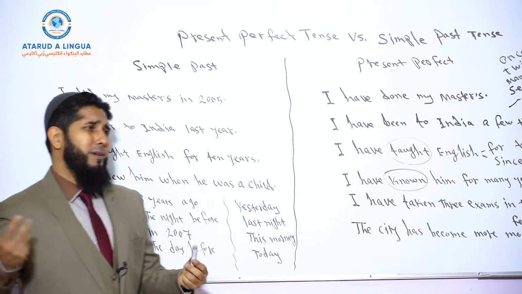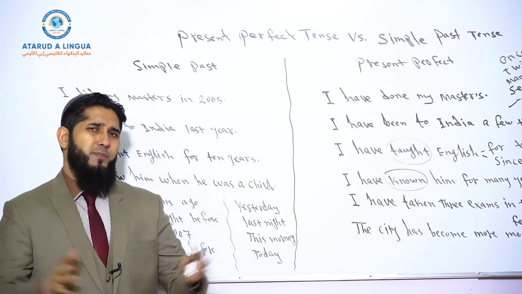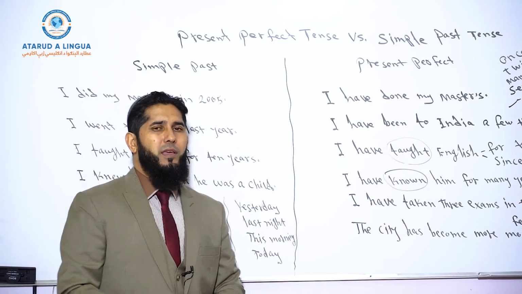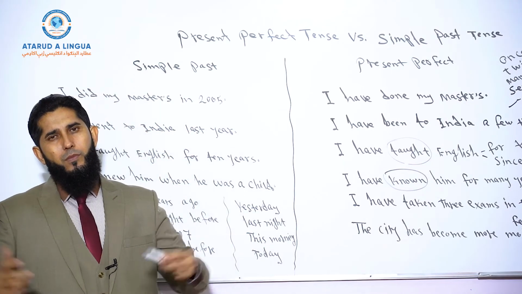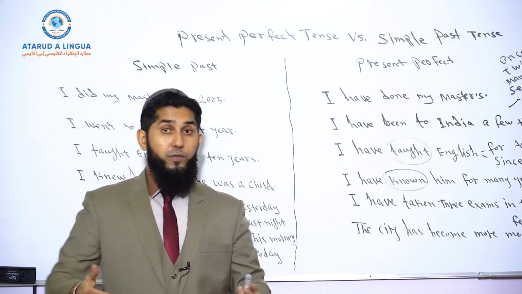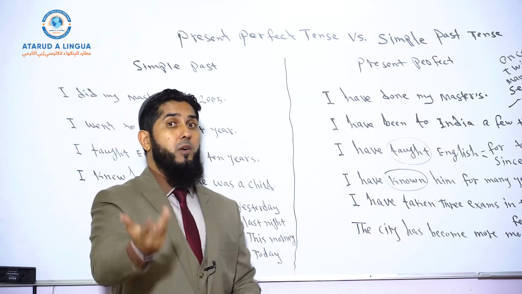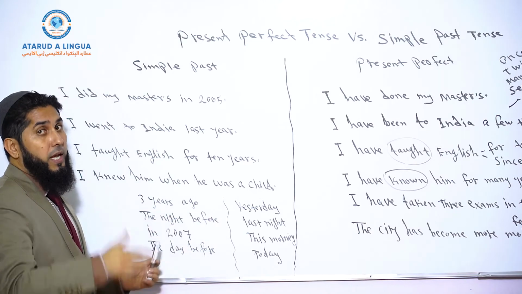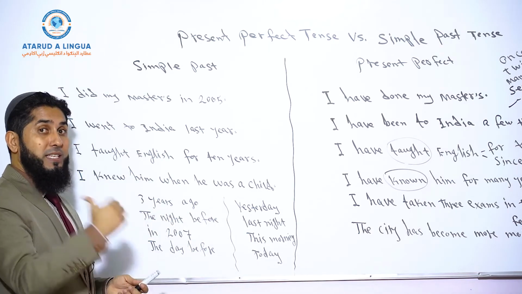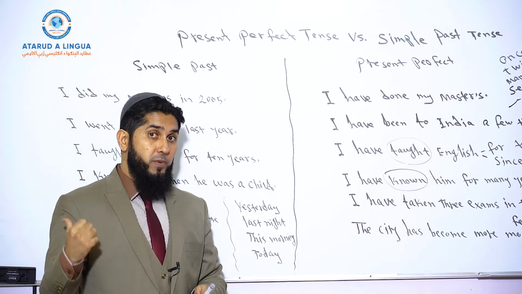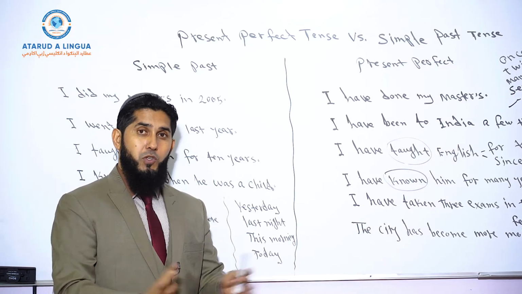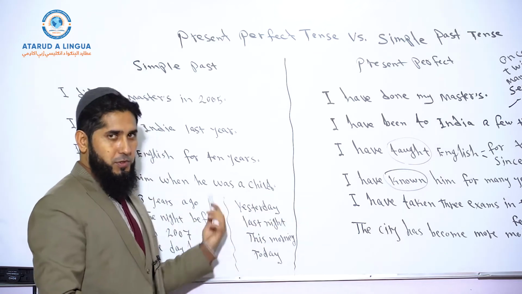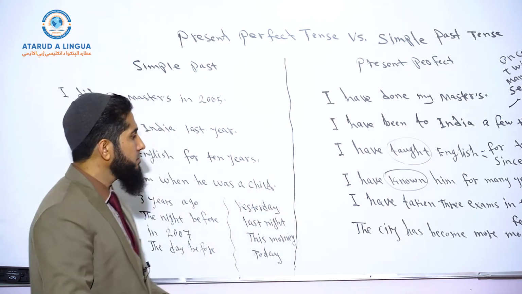So then, we got separated. He went somewhere, he went abroad, and he became an adult, and now if I face him, I may not recognize him. So I knew him when he was a child. It means that the state of knowing existed at a specific time in the past and does not exist anymore. At present time, the state of knowing does not exist. So I hope you see the clear difference now.